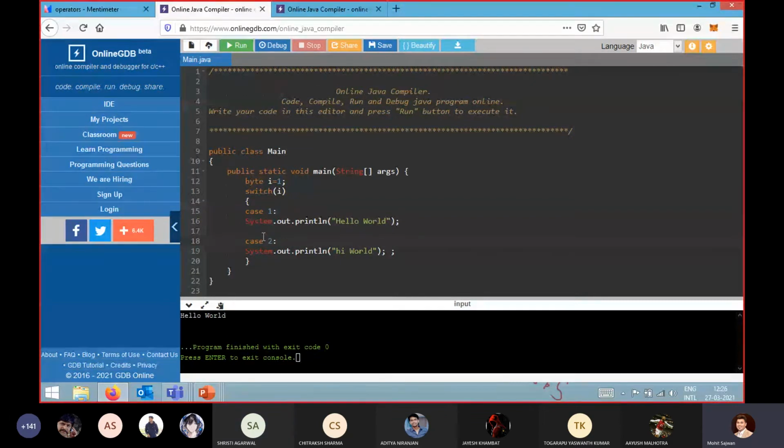Suppose you have a scenario and you want to check, for example you have 100 test cases, and if any one of your test cases is accepted, then in that scenario, execute all the rest of the test cases that are there after that particular test case. So in that scenario you just don't use the break statement over there. Suppose we have case 1, and let's assume we have case 3 too.